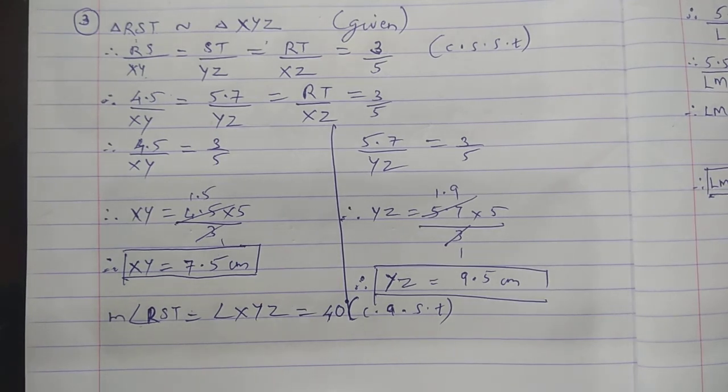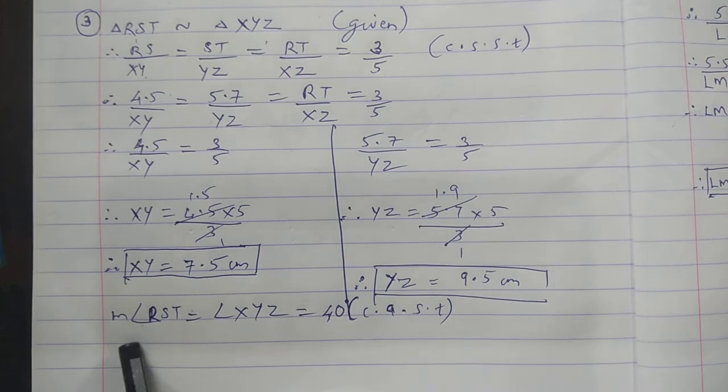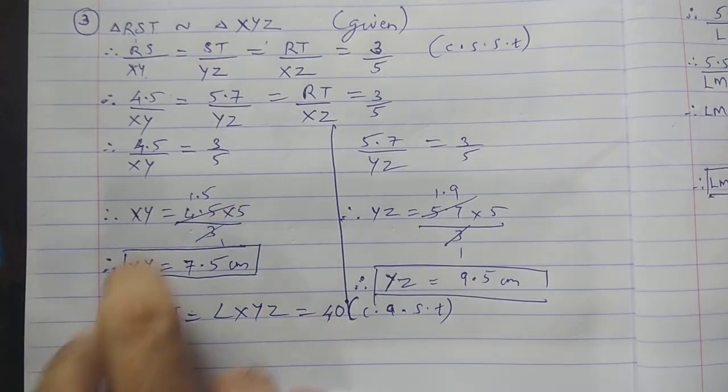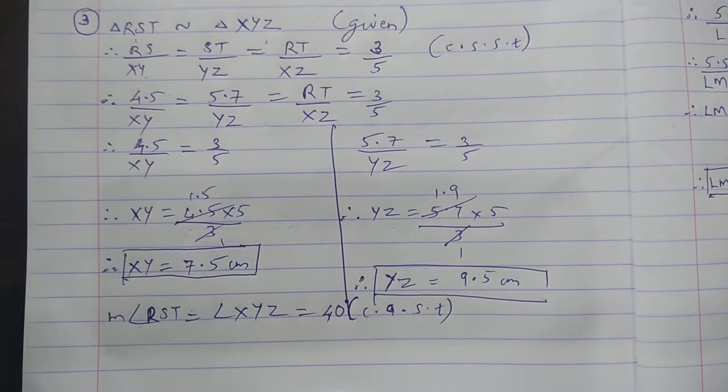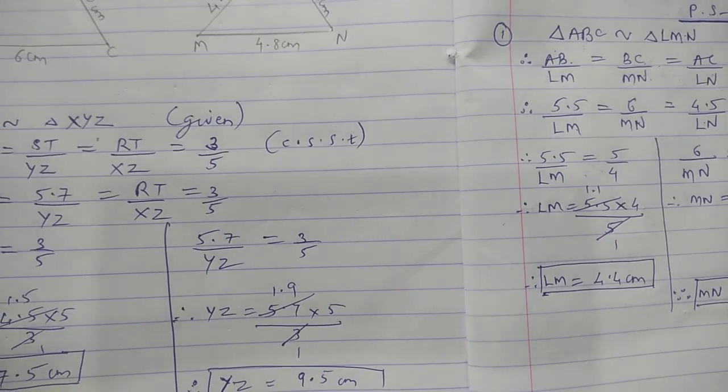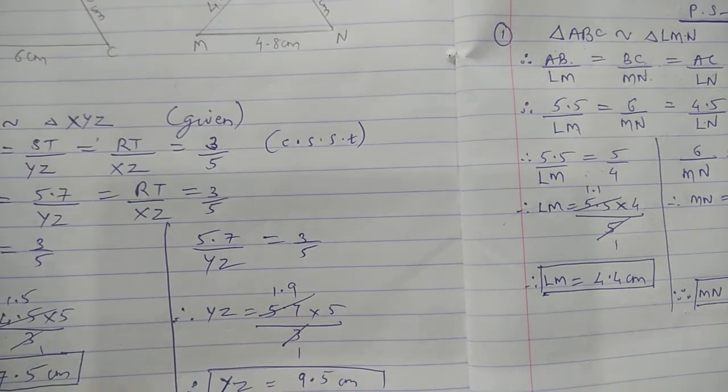And you can see triangle RST is smaller. Check the ratio, 3/5 is given, no? So triangle RST is the smaller triangle. Okay, so draw triangle RST. In that, you can see angle RST is given 40 degrees. So take ST as the base. Okay, so ST is given 5.7. Then you can draw an angle of 40 degrees. So I will just turn the page. So draw ST of 5.7 centimeter.